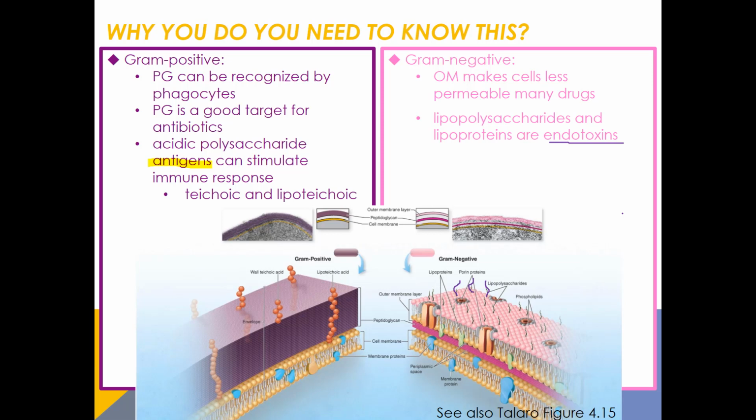Now, what happens when they are released? If you were to have a large gram-negative infection and you treated that with a broad-spectrum antibiotic that killed them all at once and released all of that endotoxin at once, that could result in a systemic effect in your patient, which means that your patient could have changes in heart rate, blood pressure, fever, diarrhea, vomiting. It's a systemic shock specific to this endotoxin. It's called endotoxic shock.